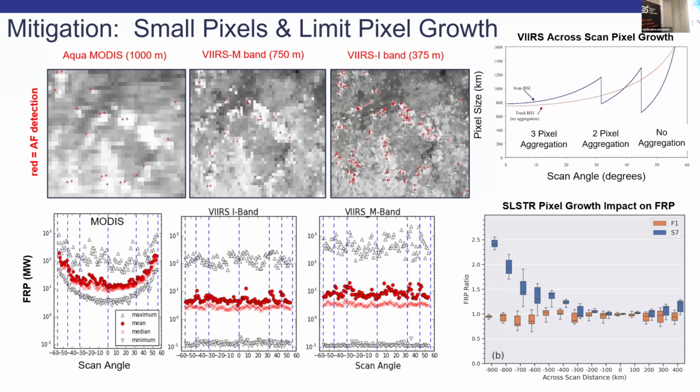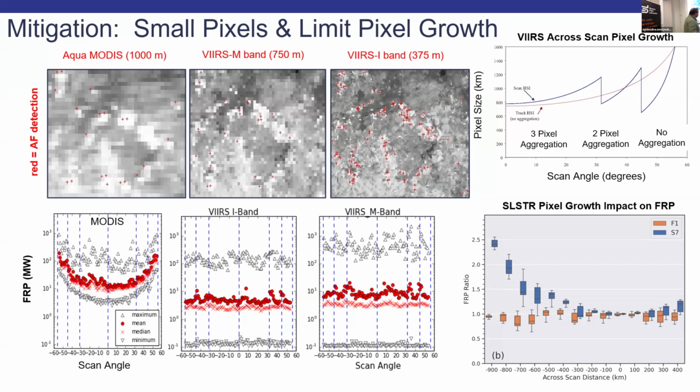They have this very clever idea where they basically oversample the data. They take 3 pixel measurements in the center of the swath, which are actually about 125 meters wide, and they average them to make this 375 meter pixel. Then as you go out from the center of the swath to the edge, they average 2, and right at the edge they don't average. They just send down the real data. Unfortunately, they don't send down the original data. They only send down this averaged data.